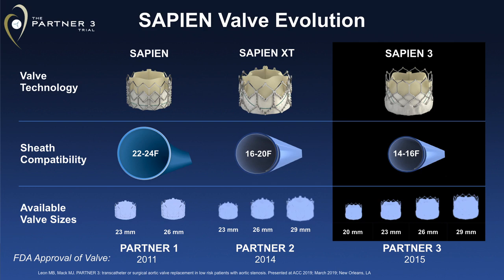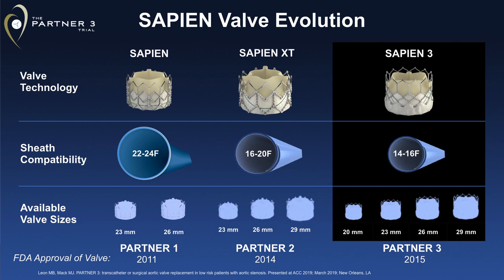There's been some slight structural changes. More importantly, the sheath compatibility has gotten progressively better. So you can see that we're using these huge, up to 24 French sheaths, and it's down to 14 to 16 French. That's still quite large. When we do radial angioplasties, we're using 6 French sheaths, so it's still substantially larger than what we might use for PCI,